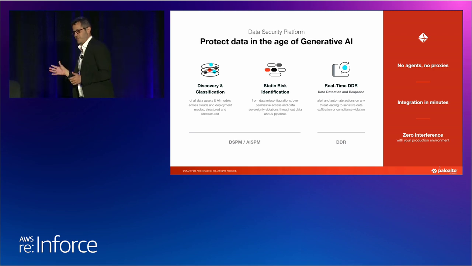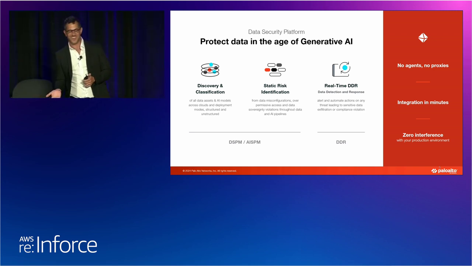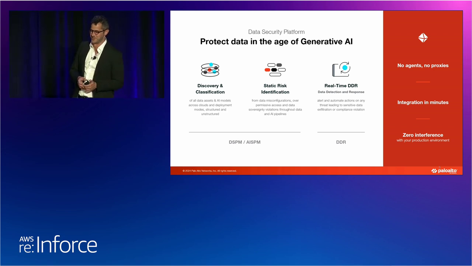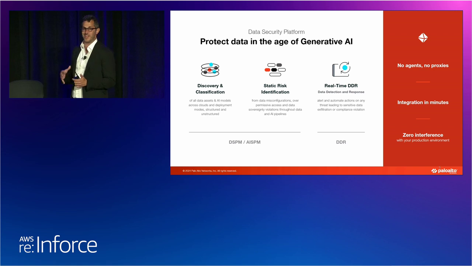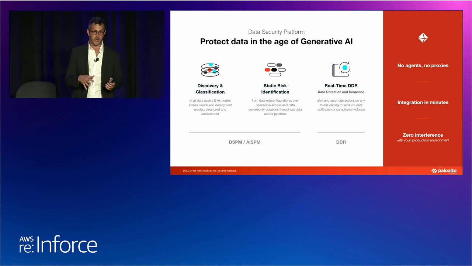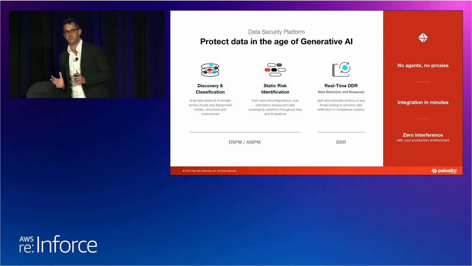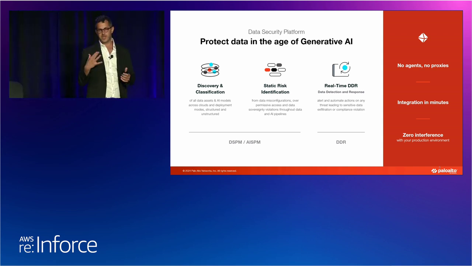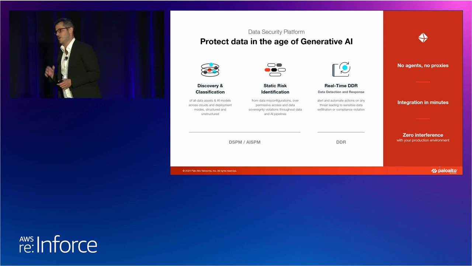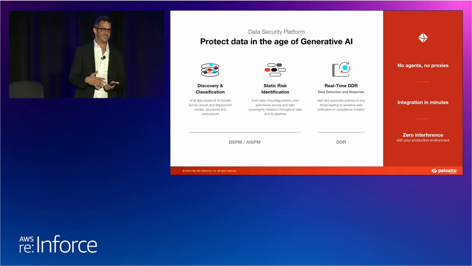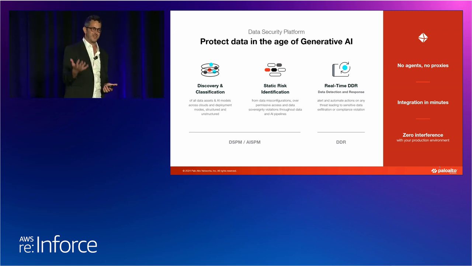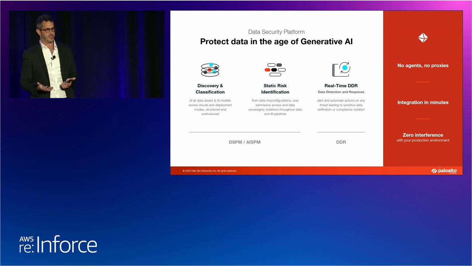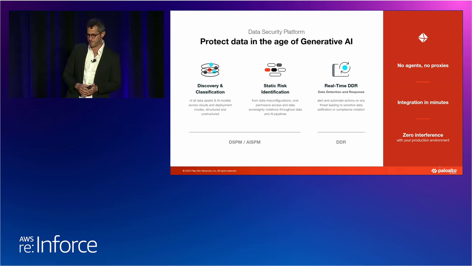After we classify the actual information, we bring in data misconfigurations, over-permissive access to data, data sovereignty issues. Sovereignty is a big topic for a lot of our customers today. And where do we have any type of data risk across our data stores and now also our AI pipelines? Now, the combination of these two columns is what Gartner now calls DSPM, and they named us a leader in the category. But how does this also pertain to AI security? Well, basically, AI security is a data security problem, right? We still need to find all the AI services. And the goal there is to understand what data is being fed to these specific models and how do we protect them as well. So it's an extension, how we look at it.